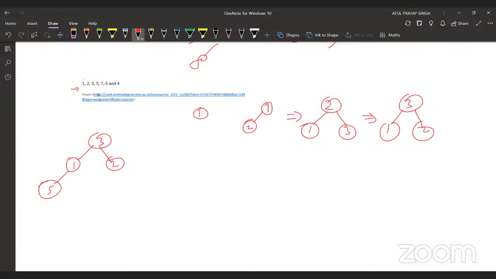The element can be moved on the path from the last inserted position to the root node. We compare this element with the parent node. If it is not in order, we swap, and then again compare with the parent node. In insertion, we can follow this rule. So now our max heap will become like this: this will become 5, and this will become 3. This will become 1,